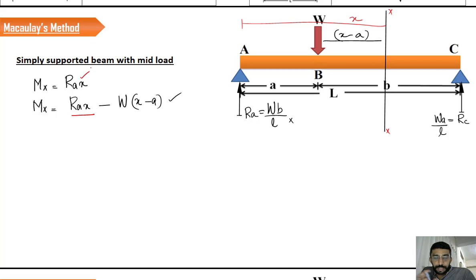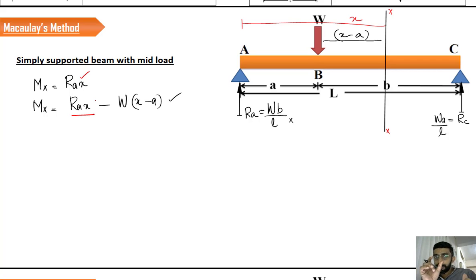So in other words, I can say it like this: if you are asked something regarding the section AB, you need to consider only the first term. You neglect the second term, because when you add the second term, that equation corresponds to the section BC, not the section AB. That means Ra into X minus W into X minus A is the equation for the section BC,